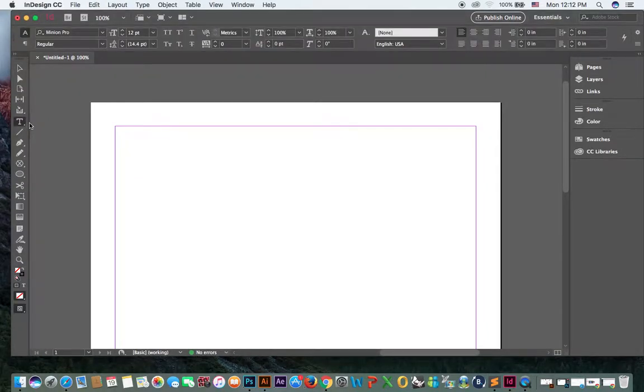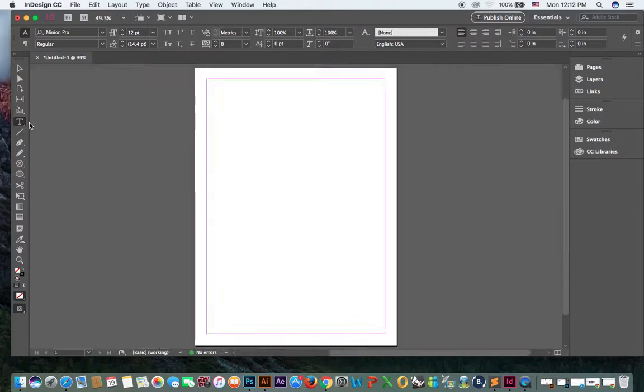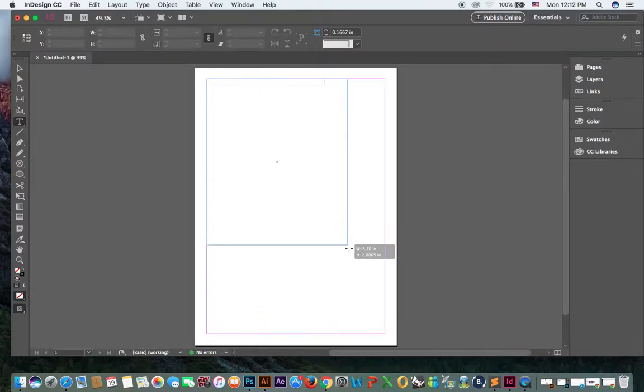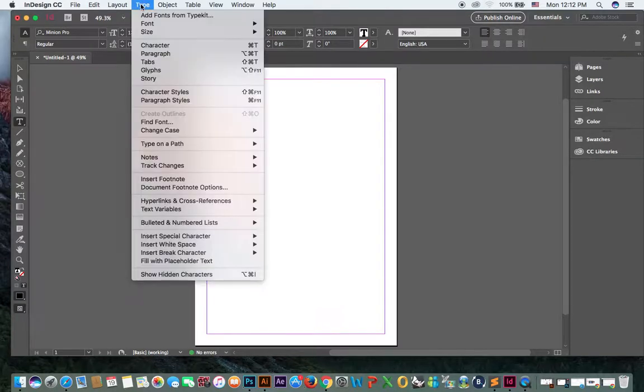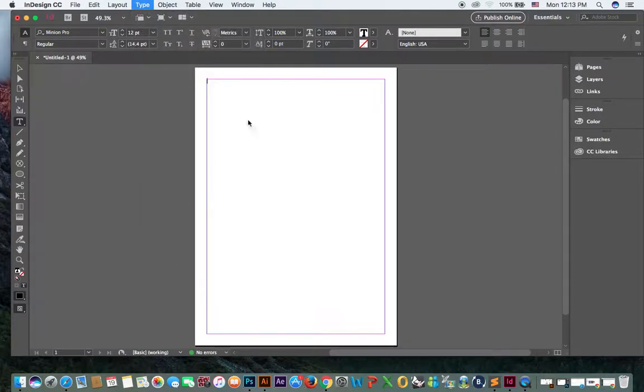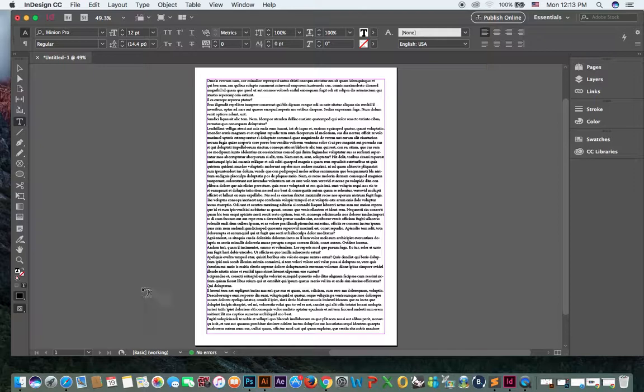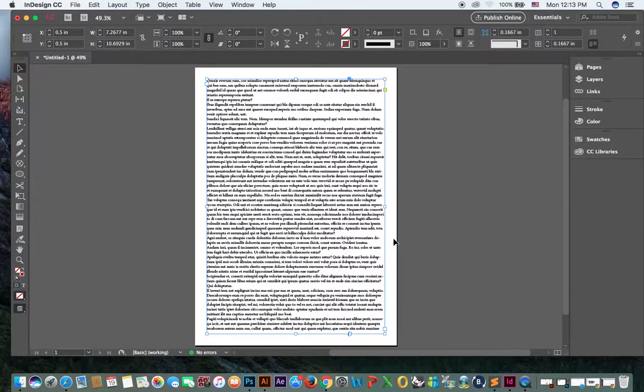Text, okay, like this. You can click type and then fill with placeholder text, placeholder dummy text. Okay, so it will fill with dummy text. Okay. Now, if you see,